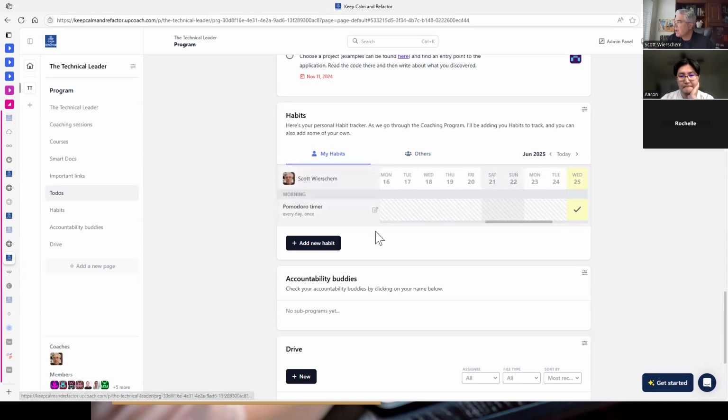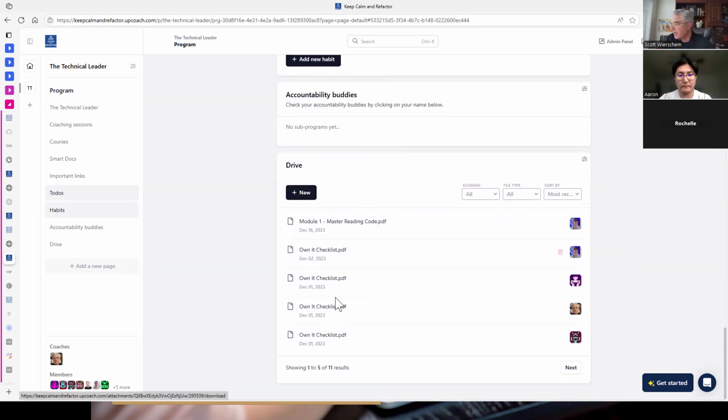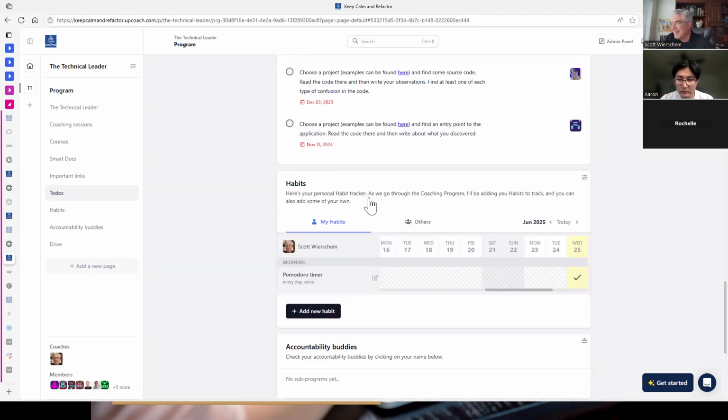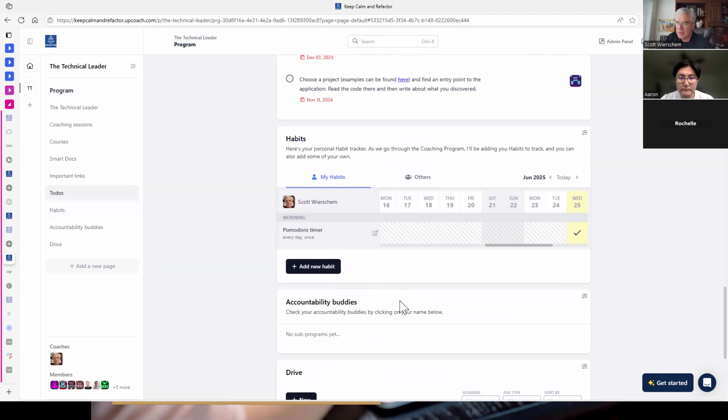So I'm not sure. I'll be candid with you, I have not added this. You can see I've got this checklist that I've added four times now, because it's four different modules, because I don't know how to link to the document properly within the application. I'm still figuring out how this tool works.